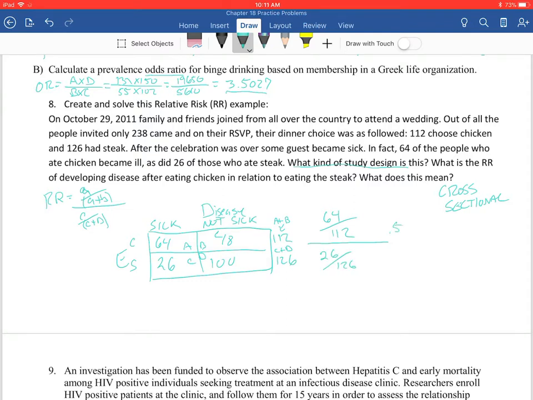So 64 over 112 over 26 over 126, you'll get 0.5714 over 0.2063, which is going to give you a relative risk of 2.7697. That's your relative risk. So what does this mean? Means guessed, I'll write this one out,